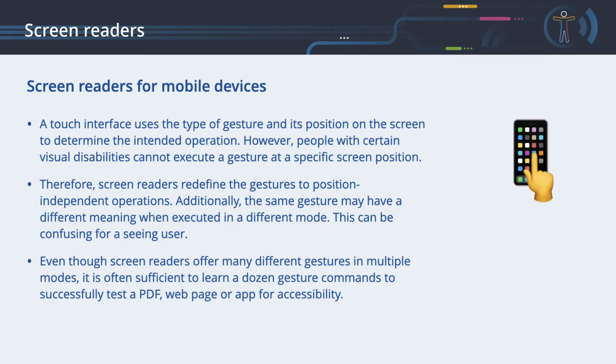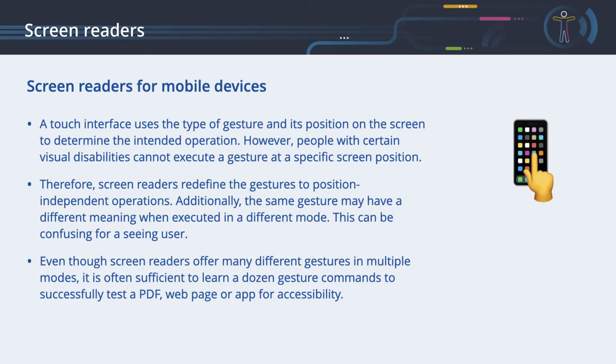Screen readers for mobile devices. A touch interface uses the type of gesture and its position on the screen to determine the intended operation. However, people with certain visual disabilities cannot execute a gesture at a specific screen position. Therefore, screen readers redefine the gestures to position-independent operations.